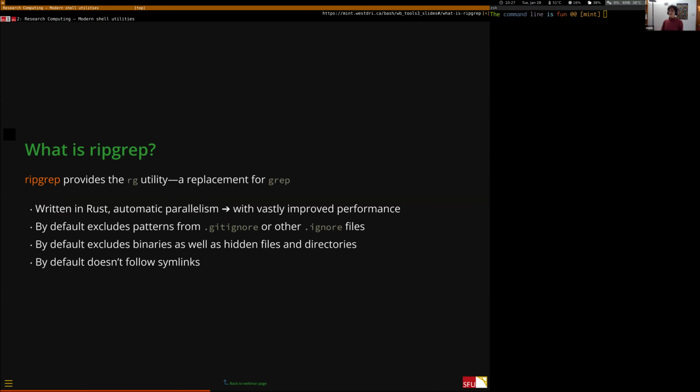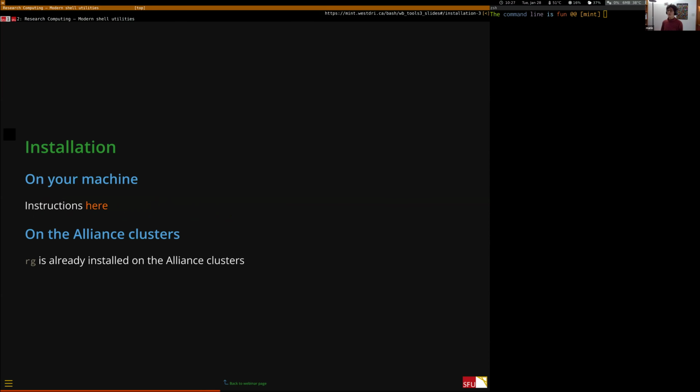And it is very, very similar in its philosophy as FD. They're both written in Rust. They both run things automatically in parallel, so same performance idea. They both exclude patterns from gitignore and ignore file and binary and hidden file out of the box. So very similar, so I'm not going to spend much time here, but